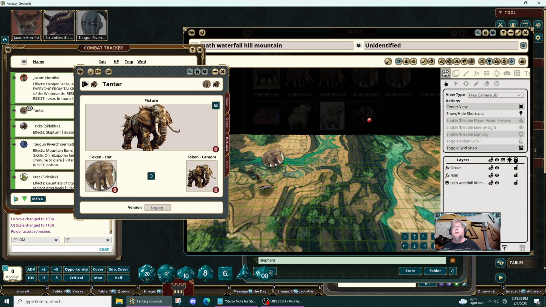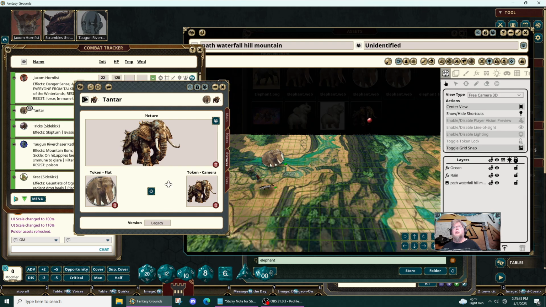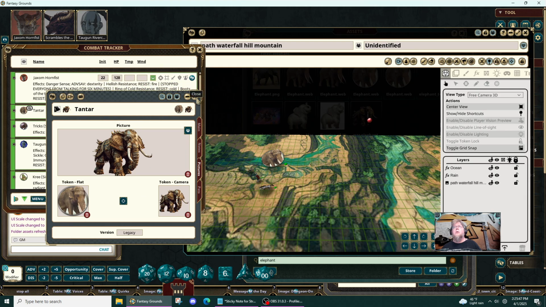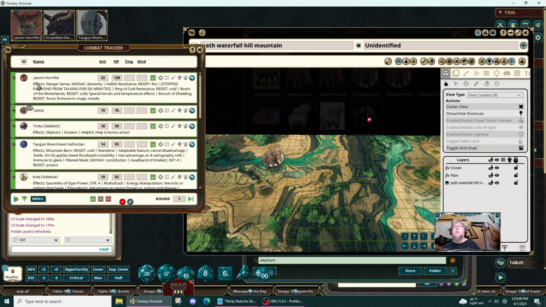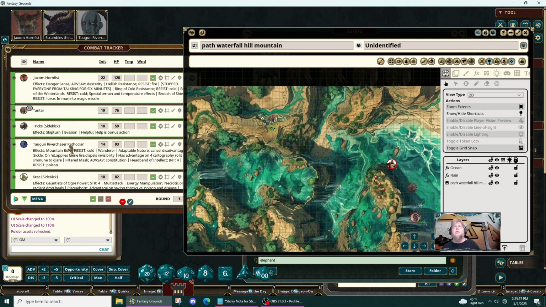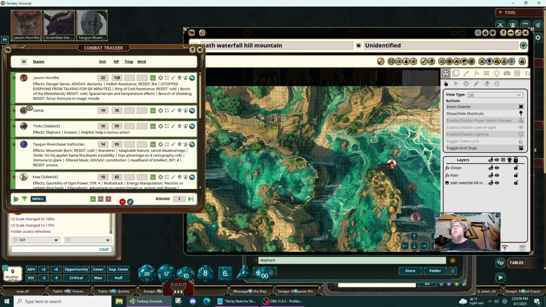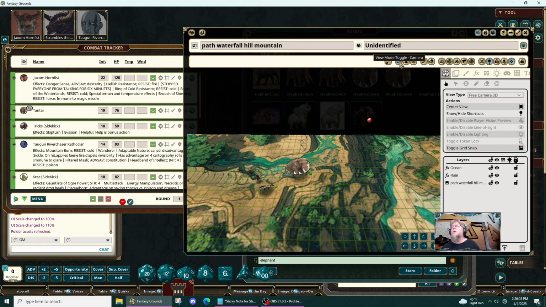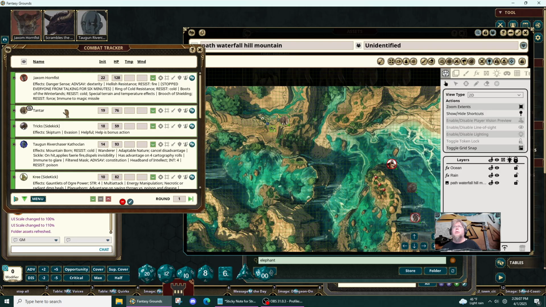Token camera, picture, flat, yeah. Here it is. Interesting. It should update it when I